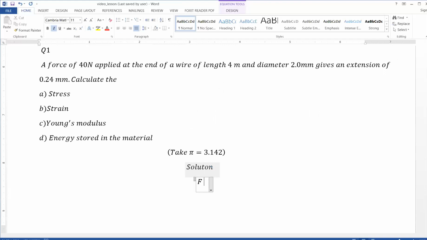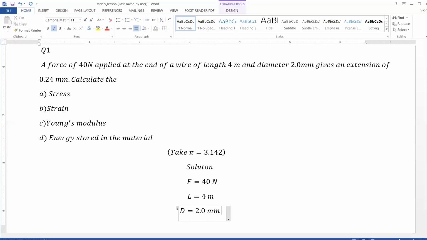Force is given as 40 Newton. The original length of the wire is given as 4 meters. The diameter of the wire as 2.0